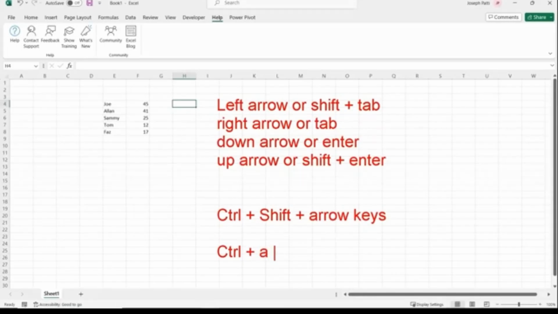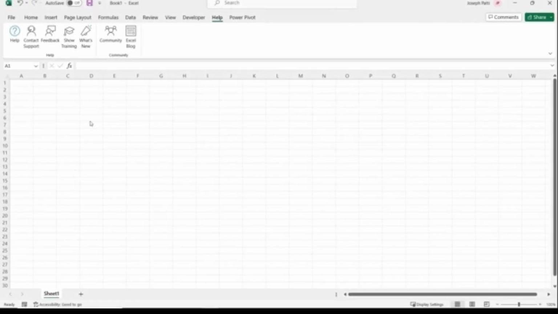And then we found out that we can use the Control key, plus Shift, plus any of the arrow keys depending on where we want to go to select massive amounts of data. And if we wanted to select everything at once, we can always use Control and A to select all. So those are all our different ways to select data, and also navigate our cells. Take a moment to practice that, and when we come back, we're going to start entering data and start building